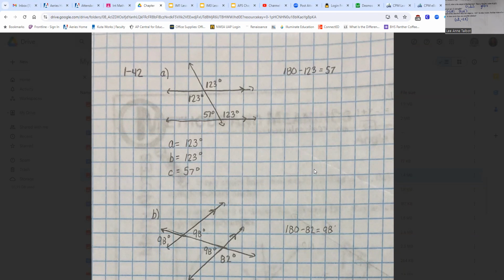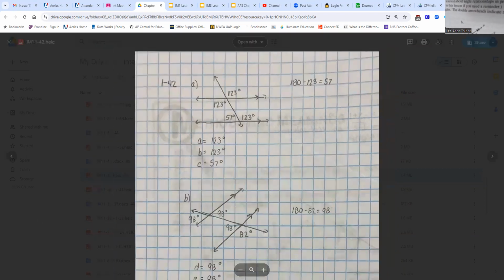There's another problem with these two where they label the lines that look like you have to answer the question for those, but you don't. So let's take a look real quick. Okay. So here's a,